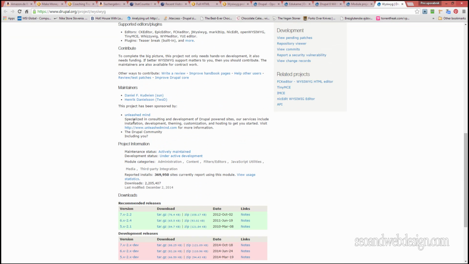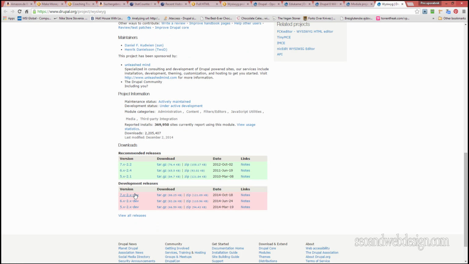So I'm gonna use it on Drupal, on Drupal 7. I tried the regular 2.2 version, but it was buggy, so you better just take the development version. It didn't work at all for some reason. Just copy and go to